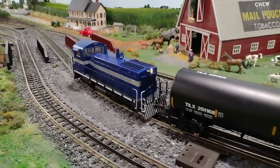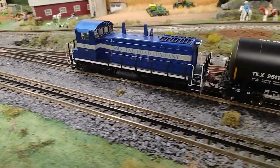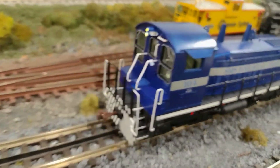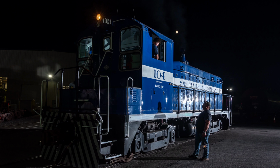If you watch the channel, you might recall this SW1200 switcher I modeled after the SMS Railroad. It's one of my favorites because I tried to make it as detailed and as close to the real prototype as possible. I found this picture online, and I thought it would be really cool to try to duplicate it